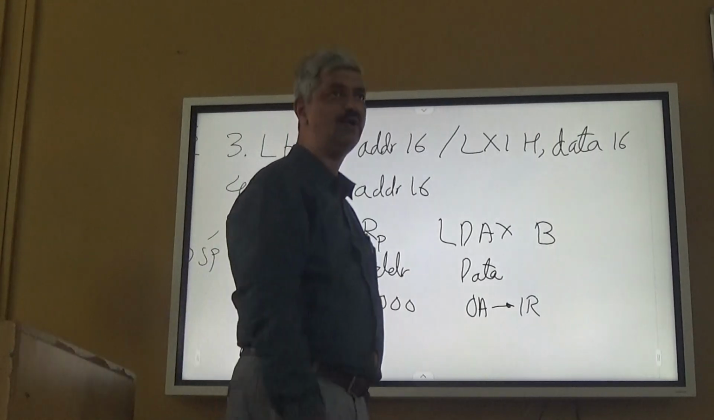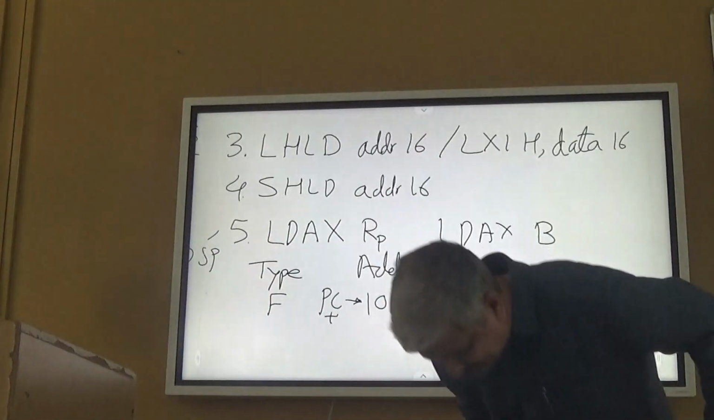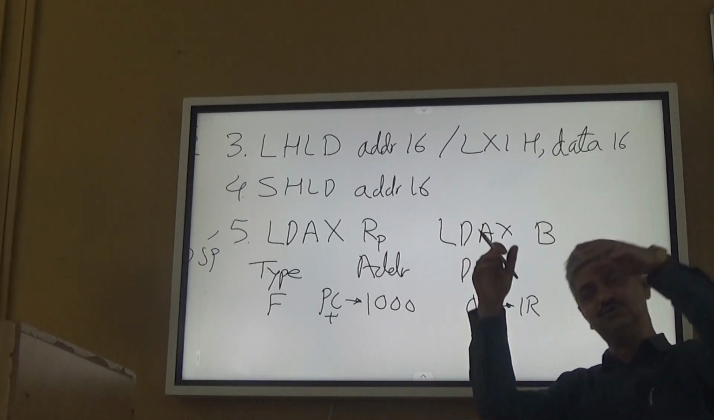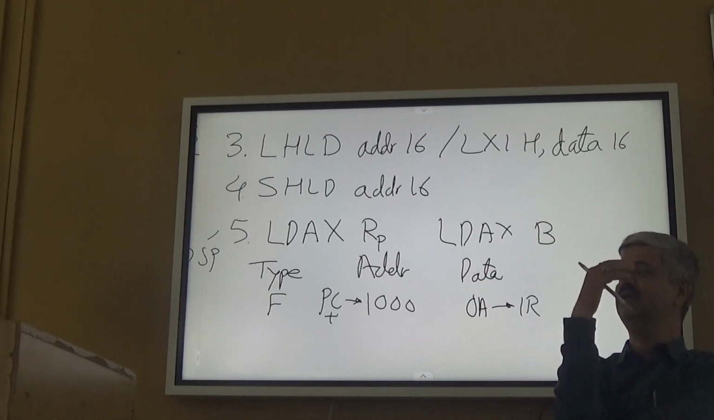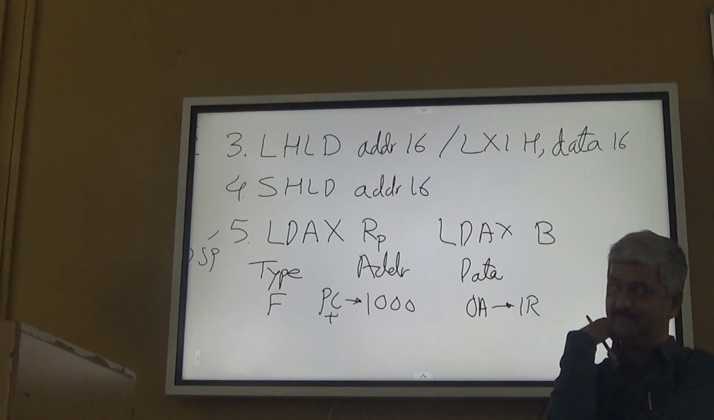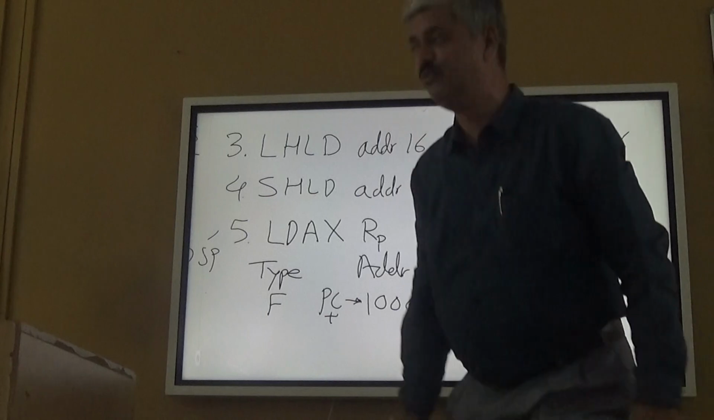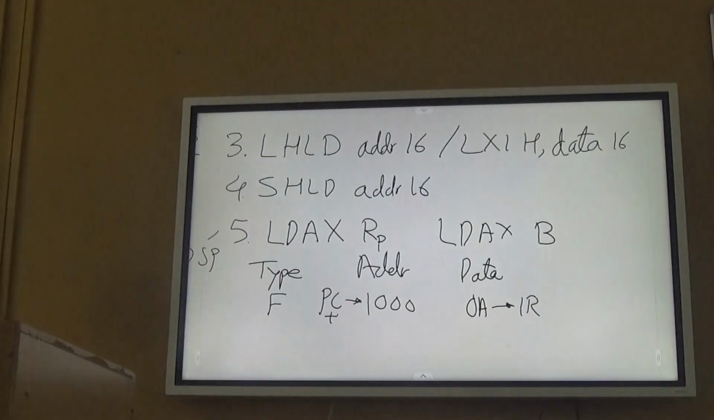So when 0A goes to the instruction register, 8085 has understood the instruction LDAX B. LDAX B happens to be the instruction which would like to bring the data from external memory whose address is in,